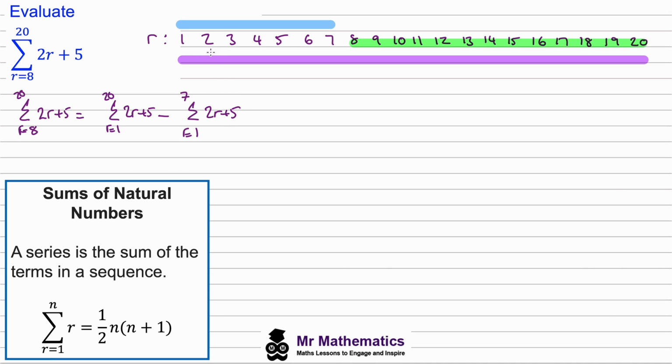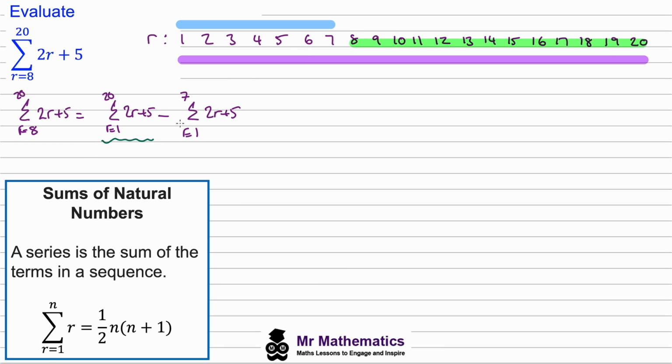So all we're doing is we're working out the sum for the total series, and then we're taking away the sum of the first 7 terms in that series. Then what we're left with is from 8 to 20. Now I showed you in a previous video how we can evaluate each of these. If we look at